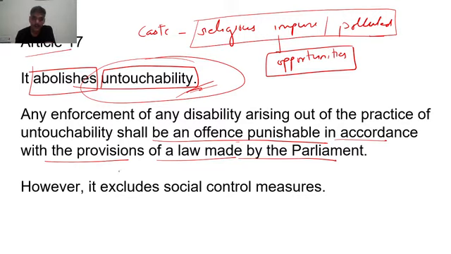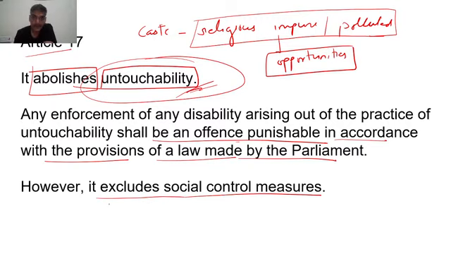Parliament has enacted the Untouchability Offences Act of 1955, which has been renamed as the Protection of Civil Rights Act 1955. So that law prescribes punishment, that for what all offences, what punishment would be given to you. However, it excludes social control measures. Like